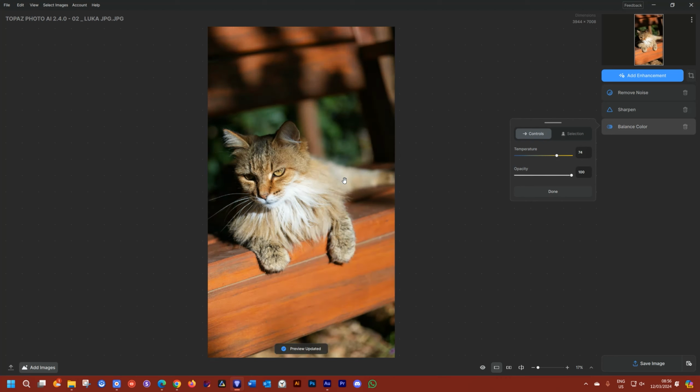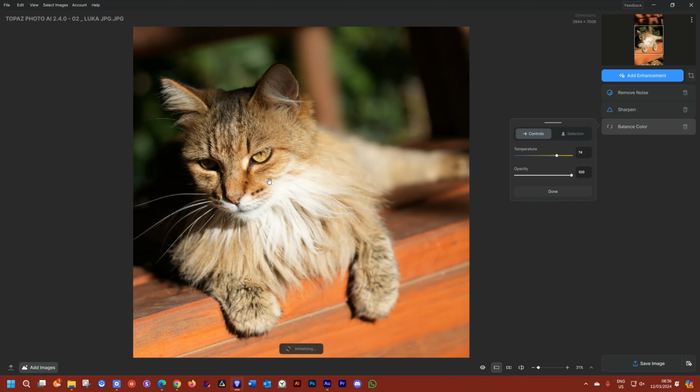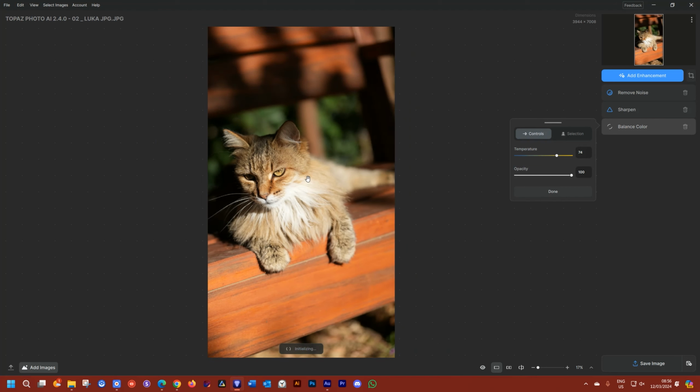Pretty extreme if I click on it, but I actually think this one made the image better. If I click, let's zoom in, wait for the preview. If I click and hold, I actually like this much better. So I would say that the balance color impressed me here. It took away a lot of the orangeness that I do see in her. This feels to me more real to how I know her in real life